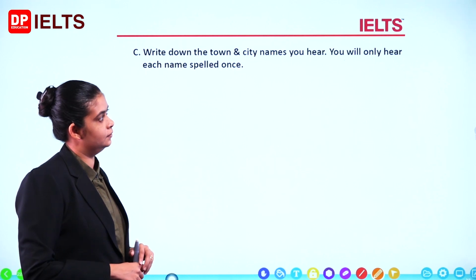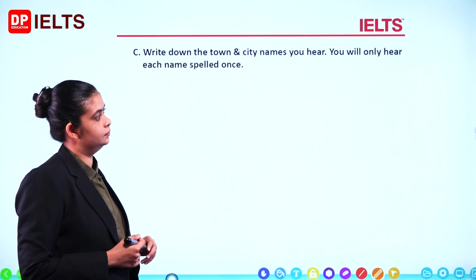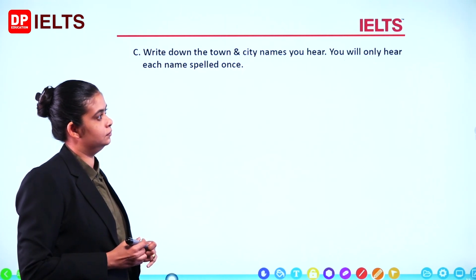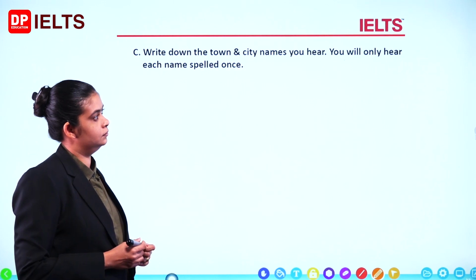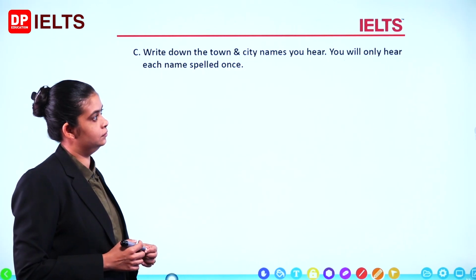A-M-E-R-S-H-A-M. Number 9, Framlingham. F-R-A-M-L-I-N-G-H-A-M. Number 10, Gillingham.